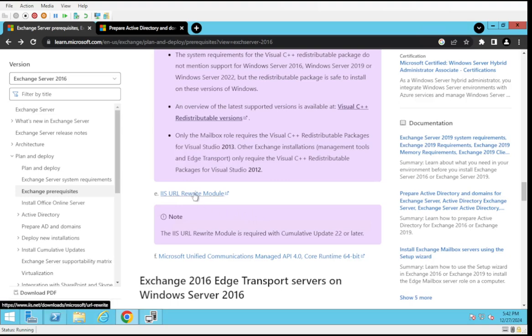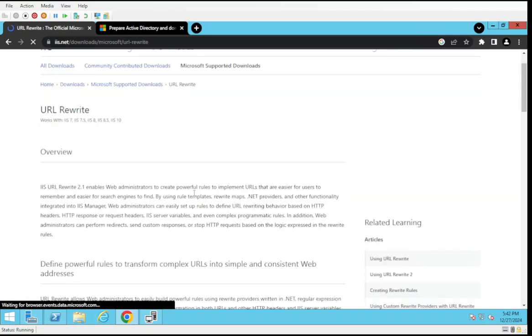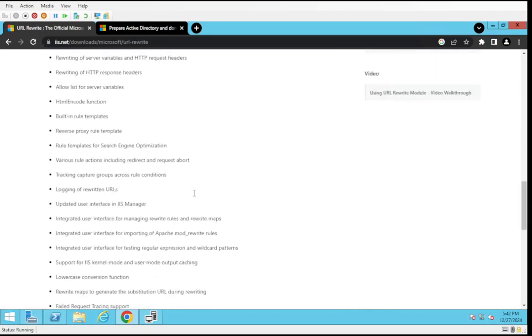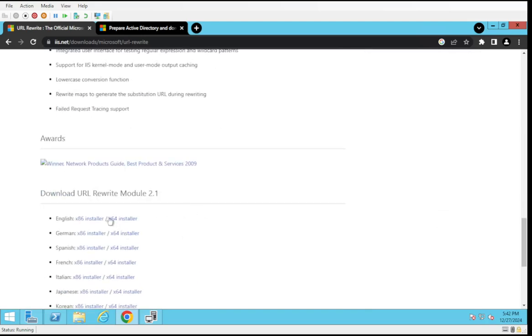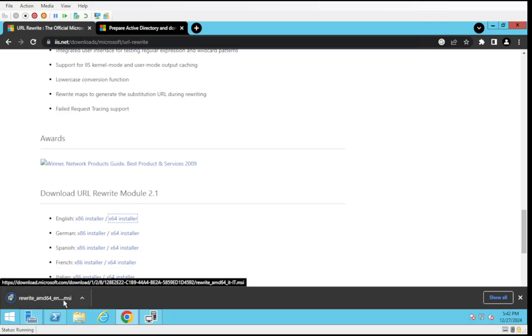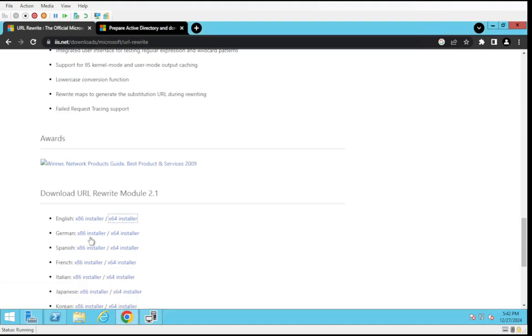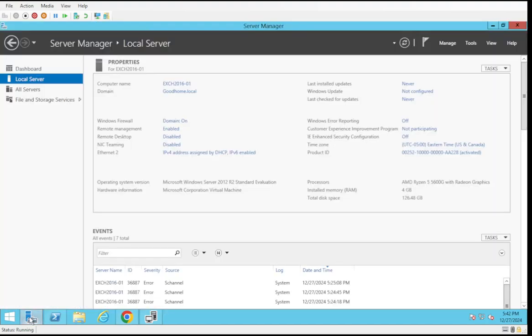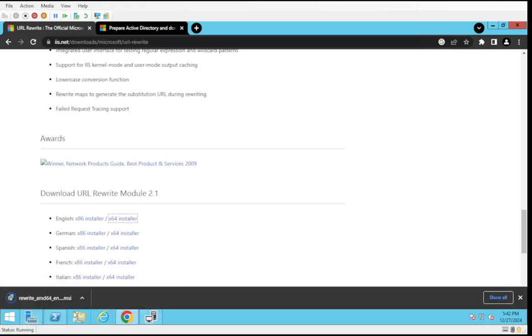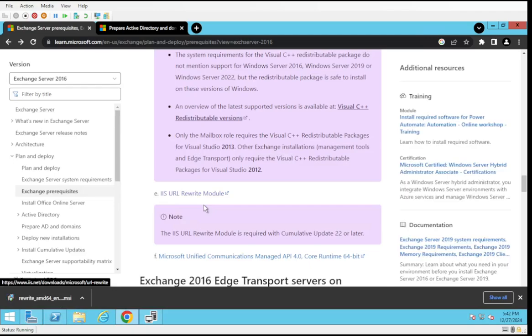So that's installed. There's an IIS, so the Internet Information Services here. There's a rewrite module that needs to be installed. So we'll install that. And so the English version, 64-bit. We'll install that. Well, IIS is still installing, so what I'll do is I'm going to actually just download it,